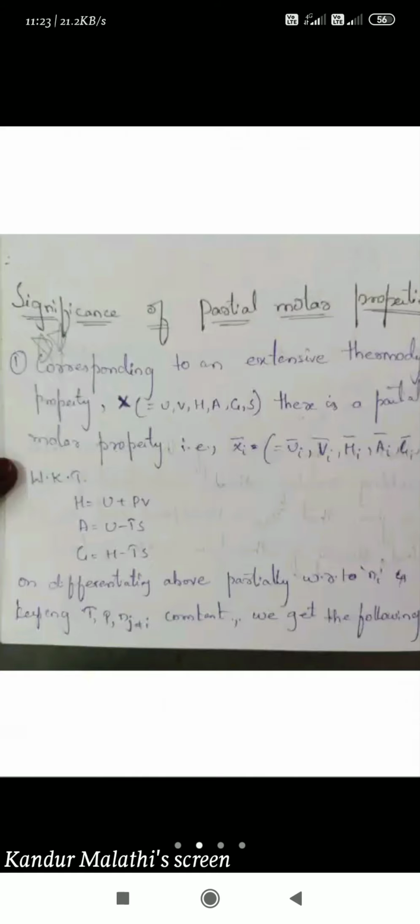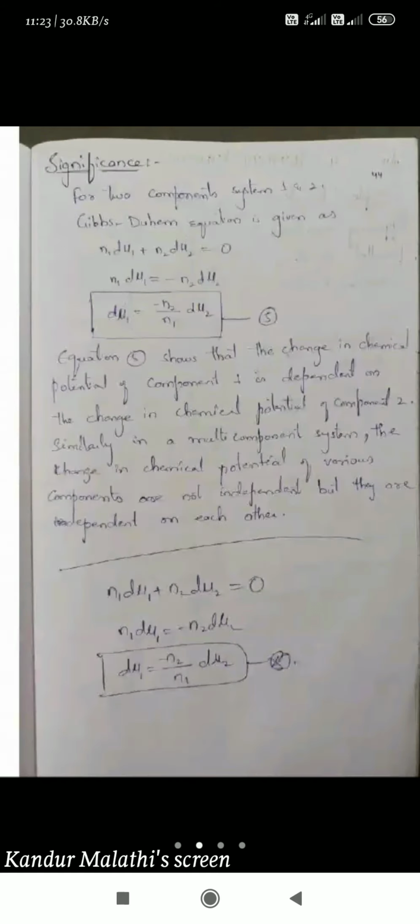V equal to V bar of ethanol, N of ethanol, plus V bar of water and N of water. I can write it like that. That is what I've done here. All these problems I'll do and send to you. That is the formula you have to put. V bar of water is given to you, and V bar of ethanol is also given to you here.